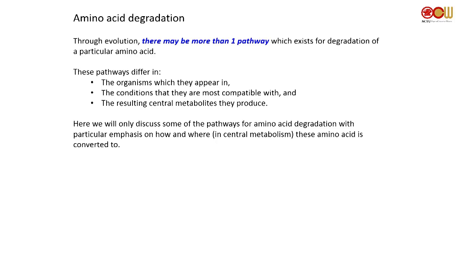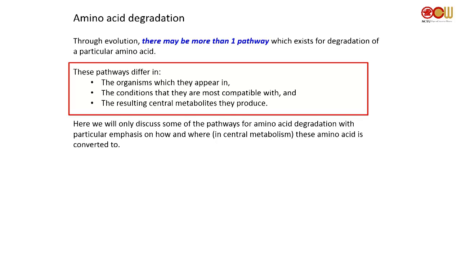acid. Okay, for example, your pathway and E. coli's pathway for degrading one specific amino acid may be different. Okay, so turns out there are going to be a lot of different pathways that you can use to degrade amino acids. Now, these pathways primarily differ in the organism that they appear in, for example, humans versus E. coli, the conditions that they're most compatible with, for example, pH and temperature, that kind of stuff, or O2, okay, presence of oxygen. For example, we have oxygen, but there are a lot of bacteria that grow in the absence of oxygen. Also, the resulting central metabolites they produce, for example, some go to acetyl-CoA, some go to pyruvate, that kind